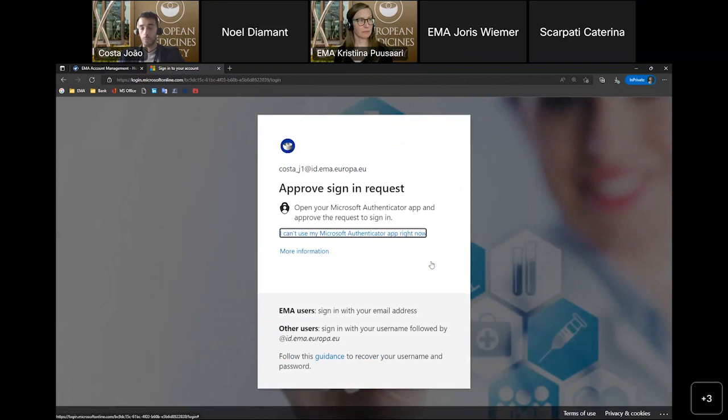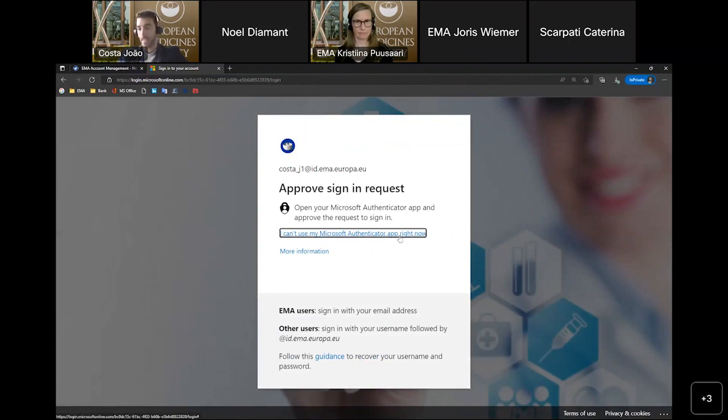And what we have here is the multi-factor authentication happening. So you need to provide the password for your account, plus one of two second authentication factors. One of them is the use of the Microsoft Authenticator app.